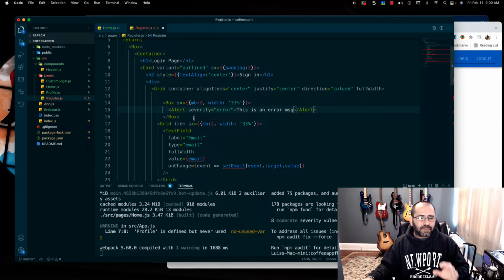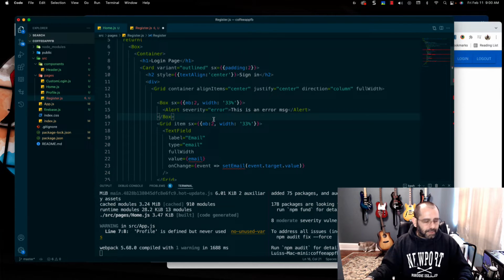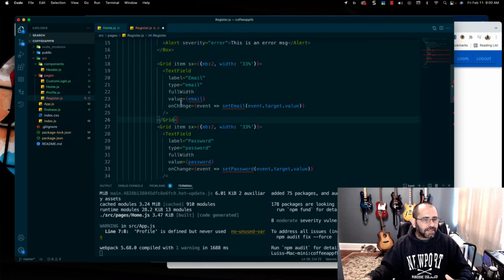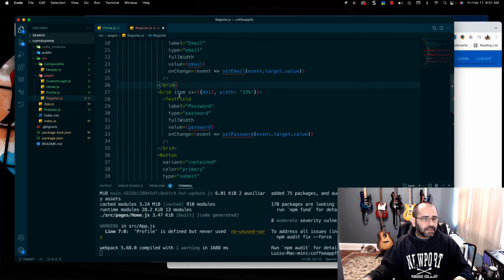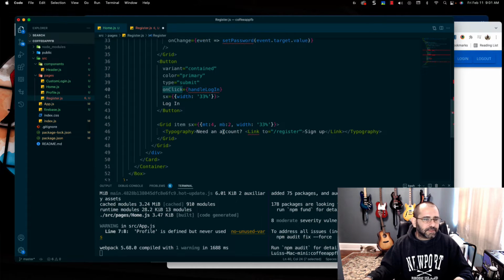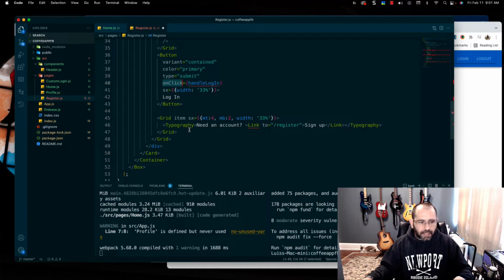Okay, just write that for right now. And I'm just gonna put that in there like that, and then in here I have a grid for my text field, and let's go back to this in a second, and then another one for my password in here, and then another one for my button that is gonna have a handle login function on that click event,